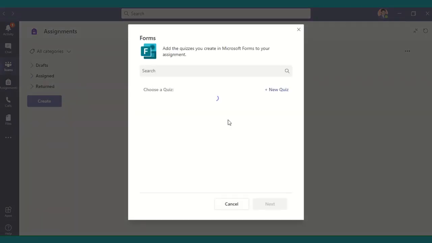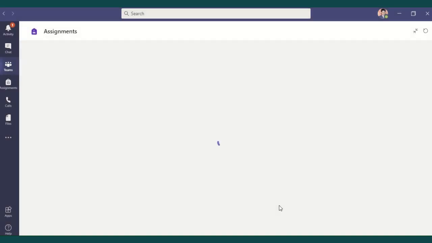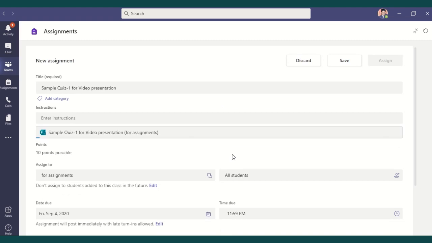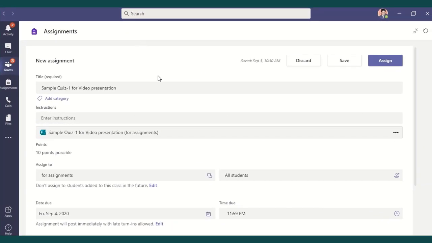See this, currently you just prepared sample quiz 1 for video presentation. This is the one which you prepared today in Google Forms. So you create the quiz with these questions. Again it will be shown like this. Wow, here also the same page has opened. The title is almost pre-filled. The same title will be present: sample quiz 1 for video presentation.